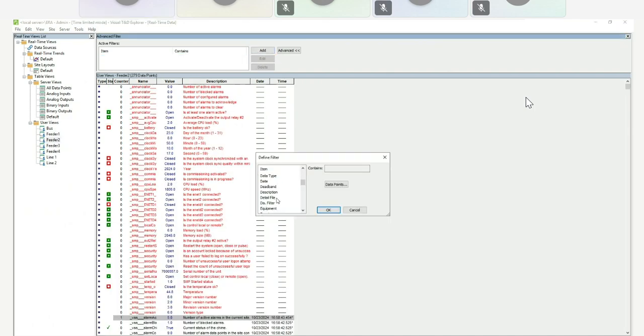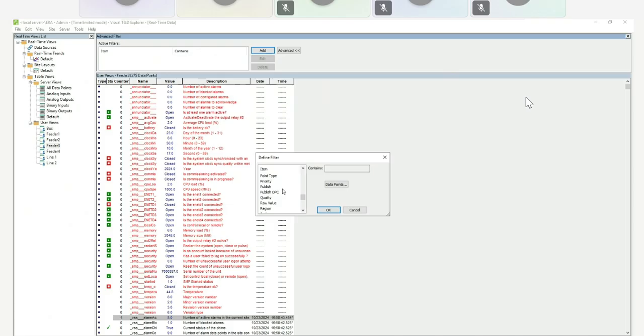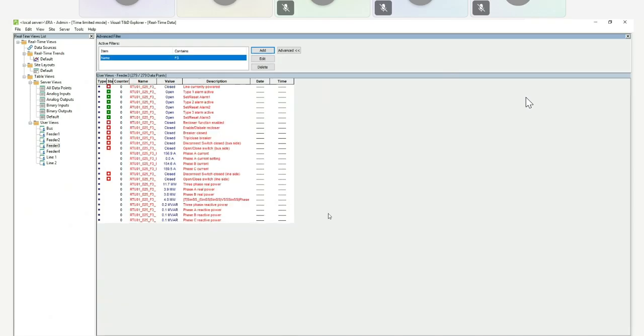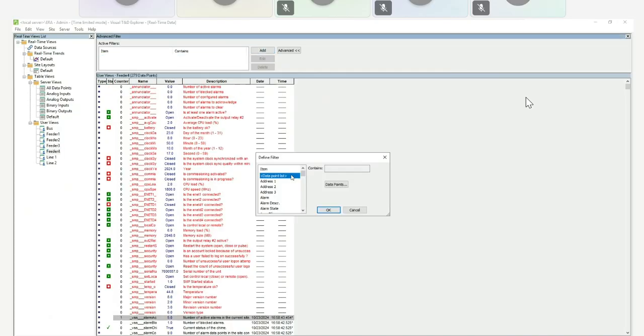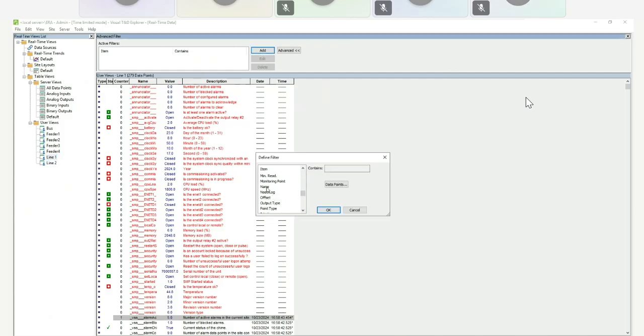add name that contains F2. And same with the 10, 10, 2.